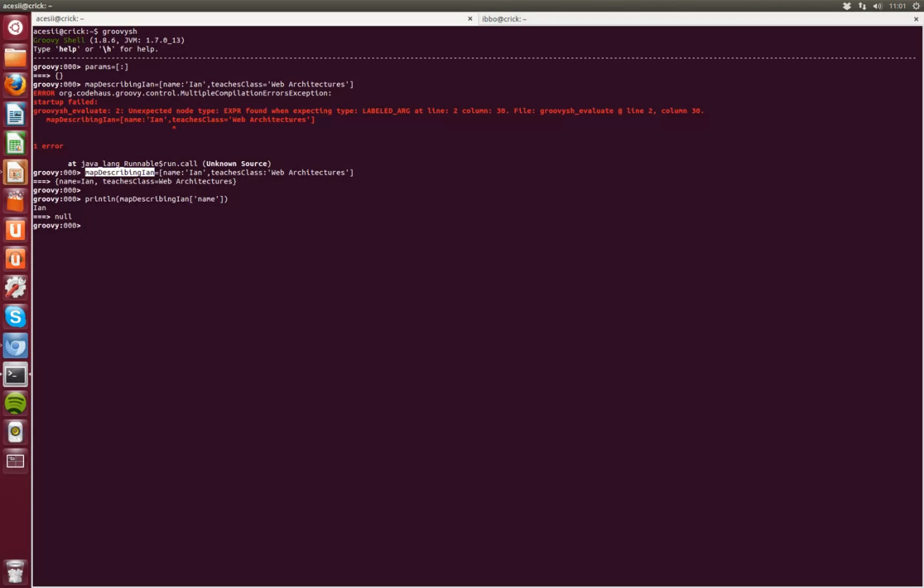I can add things to the map. Now, this is one of the reasons that maps are quite useful. Supposing that I wanted to add something that said class times. Which classes do I teach and when? Obviously that's not a single value, so what I want to do is to add to this map a list. So let's just do that. Let's say map describing Ian. I'm going to set a new key, which is class times,